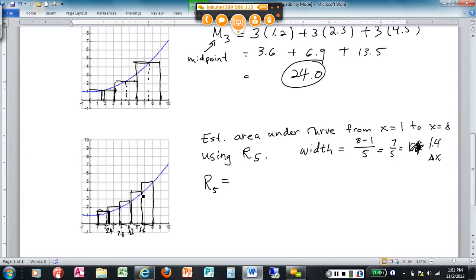And so that's going to give me, again, an overestimate for this particular graph. The right-hand endpoints won't always be overestimates, by the way. It just depends on the curve that you have. Actually, concavity has a lot to do with it. But anyway,